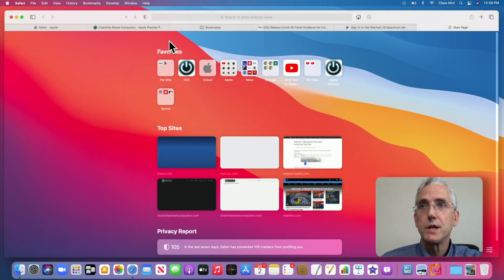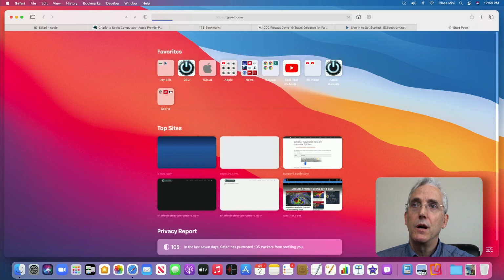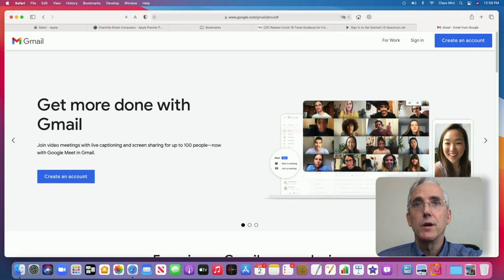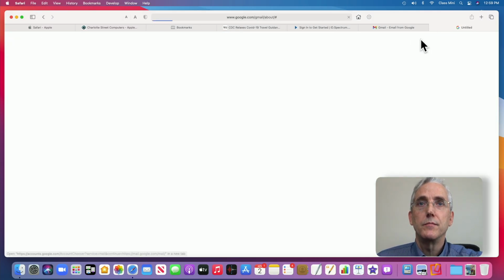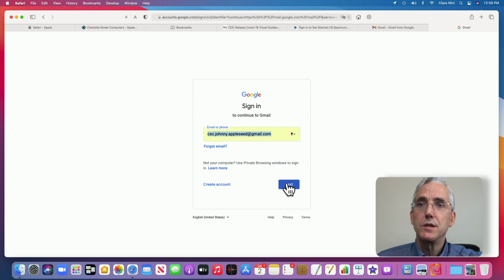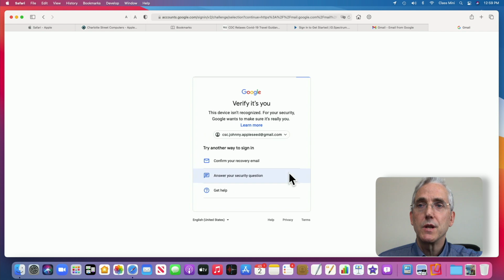So let's just say that I go to my Gmail. So gmail.com, let's see if it's remembering anything. I'm going to come up and sign in. And this looks like it's remembering Johnny Appleseed's Gmail address. Let's click next and see if it has that. So it does have the password memorized for Johnny Appleseed's Gmail. So when he goes in there,